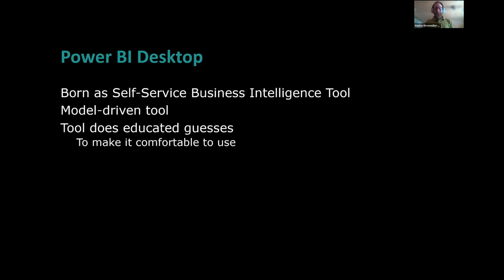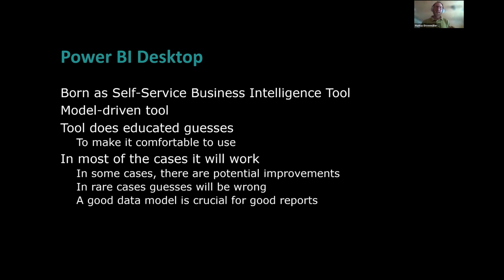Power BI Desktop, as it is an end user tool, tries to make this process as easy as possible by making educated guesses. But of course, a tool not having any domain knowledge about the problems you have to solve can also only do so much with educated guesses. So they make it comfortable to use, but sometimes the tool doesn't make the right decisions for you. So you always have to check what the tool did. For example, what kind of relationships were created, what kind of cardinality was created, and so on and so forth. Is it always the right relationship active, or are there any inactive relationships? You have to think about that. So this is very, very important.